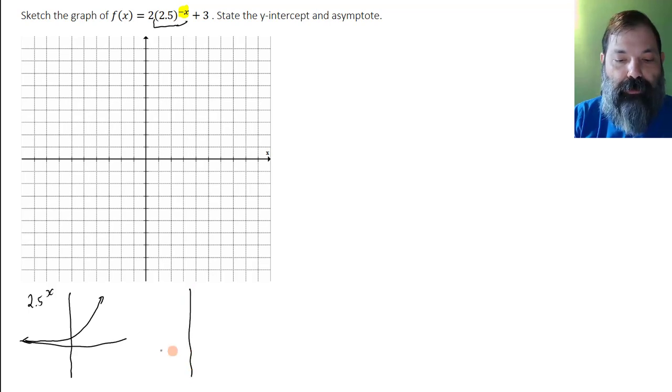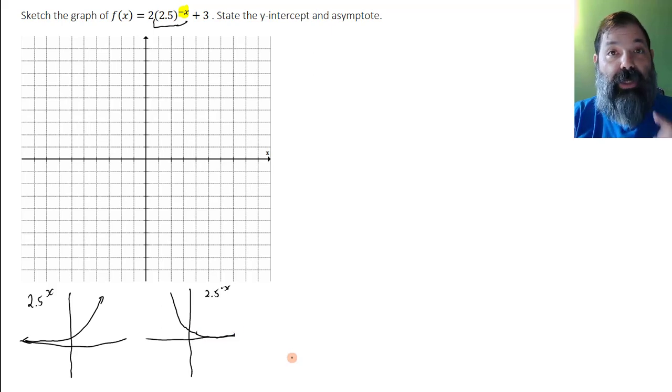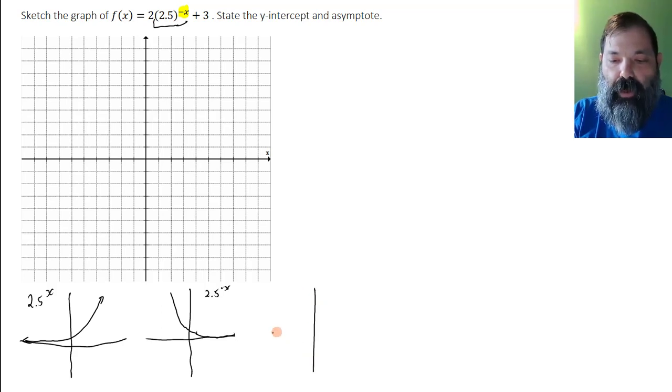So then 2.5 to the negative x is going to instead look more like this. It'll be a decreasing exponential function. Okay, take that, multiply it by 2. The 2 is a scaling factor. That's going to stretch it vertically, but it's not going to give us any vertical flip. So then 2 times 2.5 to the negative x